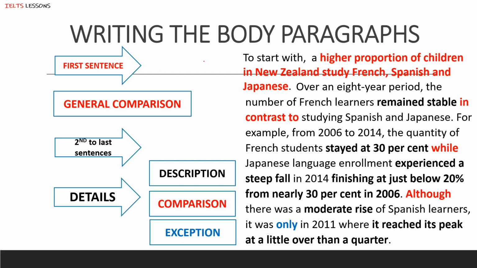So we have your first sentence. Now for the advanced level, we go to a very specific writing that is very structured and detailed. For the first sentence, we have to make a general comparison. And for the second to the last sentences, we use description, comparison, and exception. Now we use exception. If you notice here,